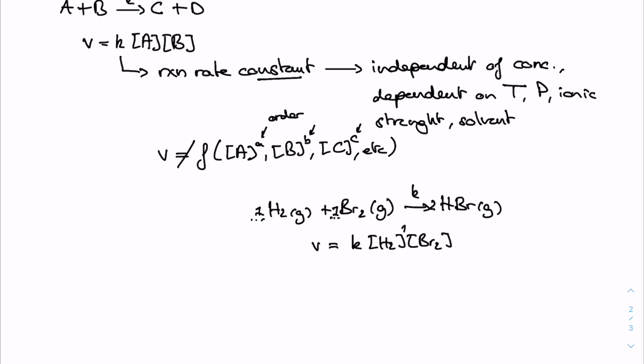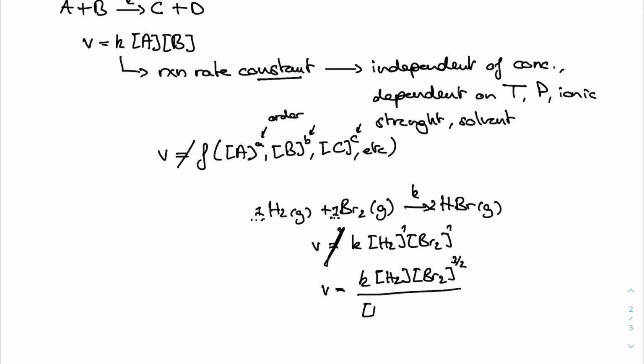So this must be 1 and 1, right? So no, actually it's not. This is wrong. Actually what it is, it's this, K times H2 times Br2 to the 3/2